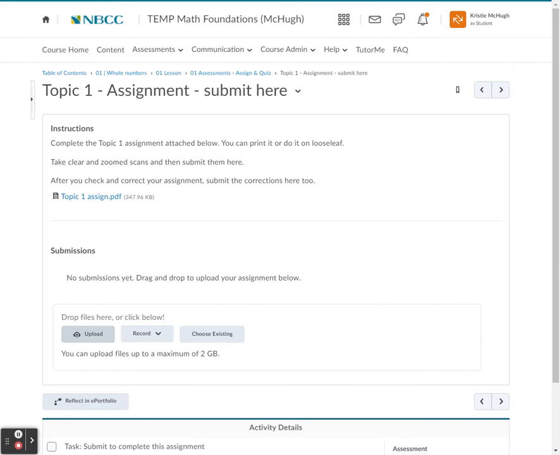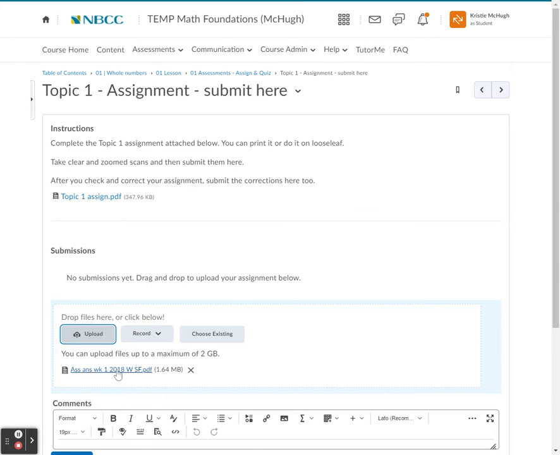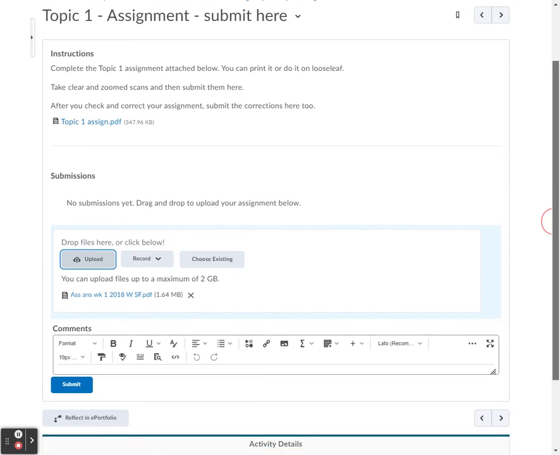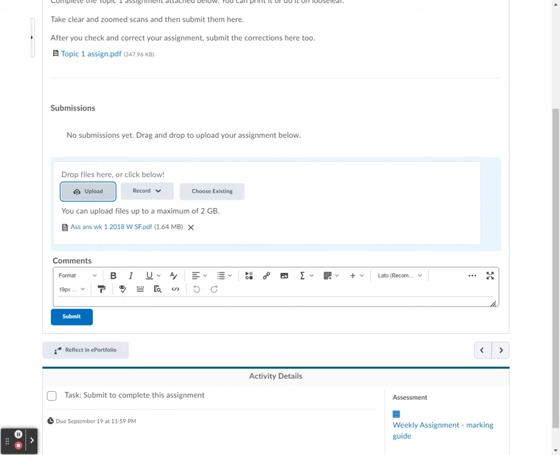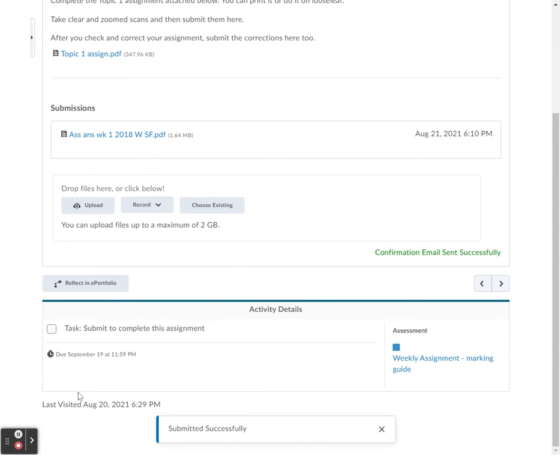There's Topic 1 assignment. Let's say this one is an old assignment from last year. I'll take one from way down here, Answer Key. Let's say that was my answer key. Double click, brings it up right there. Now it's there, but it's not yet submitted until you click Submit. You can add a comment if you wish, before you do that, by typing in here, if there's some issue, anything you want me to be aware of. Once you hit Submit,